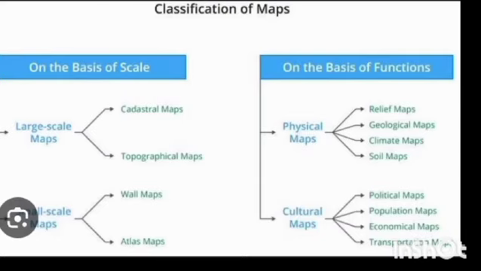Classification of maps. We know that the maps are classified into two on the basis of scale and on the basis of functions. On the basis of scale, there are large scale maps and small scale maps. Examples of large scale maps are cadastral maps and topographical maps, and examples of small scale maps are wall maps and atlas maps. On the basis of functions, there are physical maps and cultural maps. Examples of physical maps are relief maps, geological maps, climate maps, and soil maps. For the cultural maps, there are political maps, population maps, economic